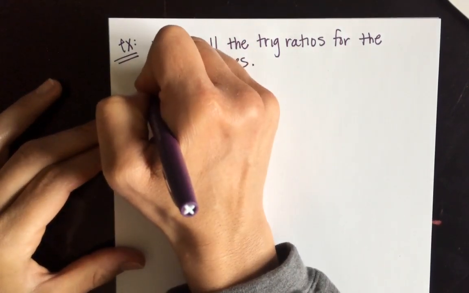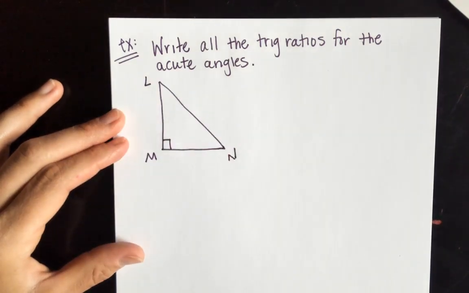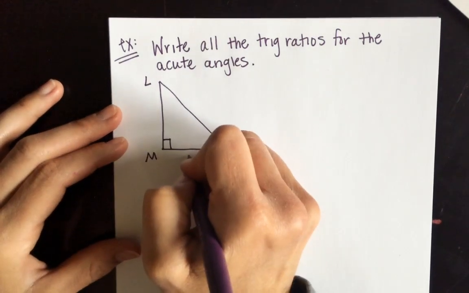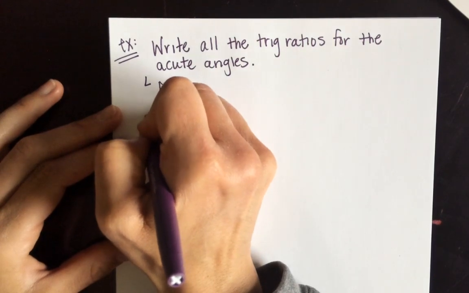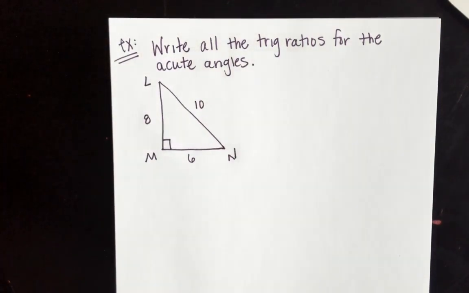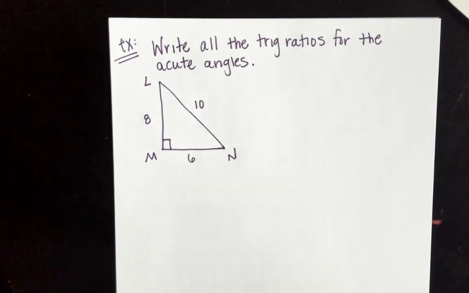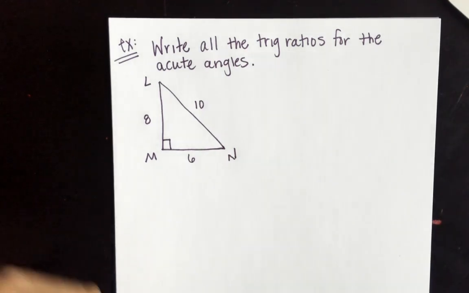and we're going to name this LMN, and this will be 6, 8, and 10. Obviously it's a right triangle. It's a 3, 4, 5 right triangle. 6, 8, 10 follows our pattern. So now it's a matter of we have to write all the trig ratios for the acute angles. Well, let's hope